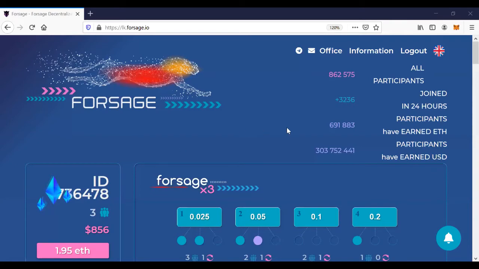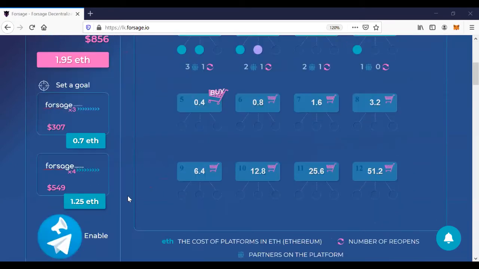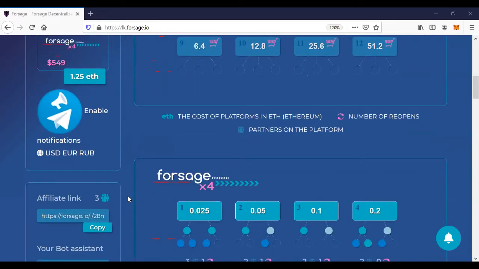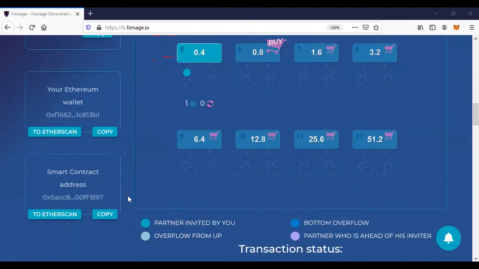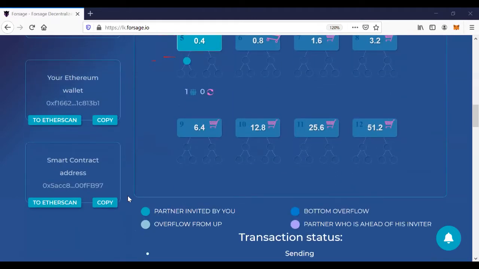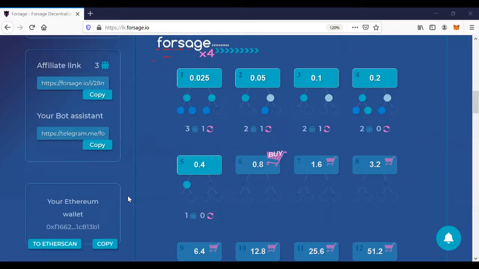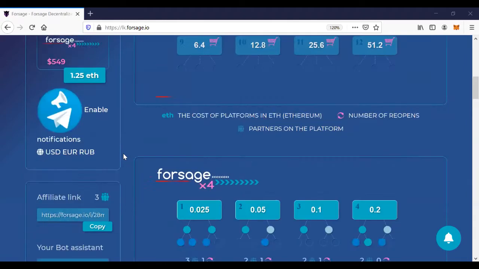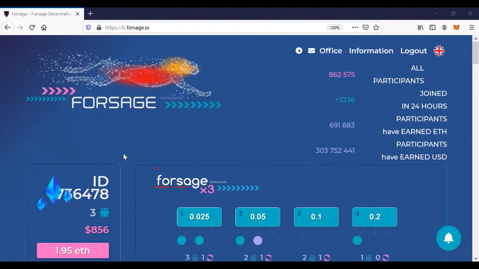First thing I want to show, everybody will be familiar, they would have seen the X3 matrix and the X4 matrix. I believe everybody should have played with it slightly, be abreast of the front page. Simple as using the buy icons to buy new levels. But what I really want to speak on tonight is the